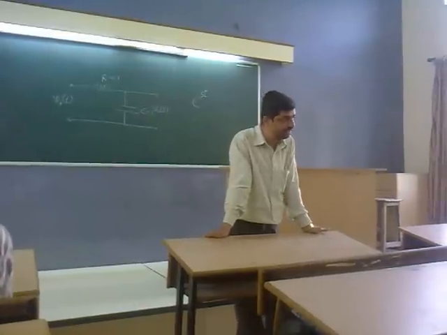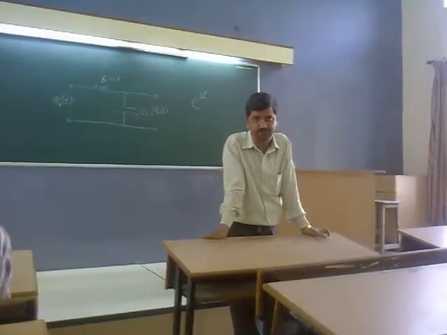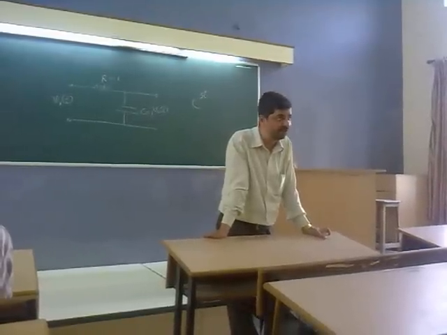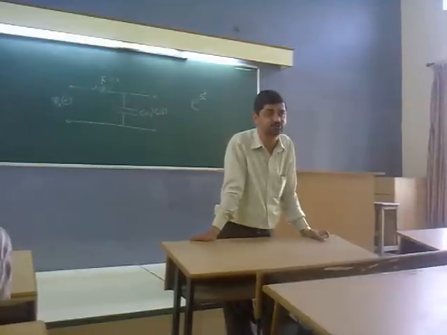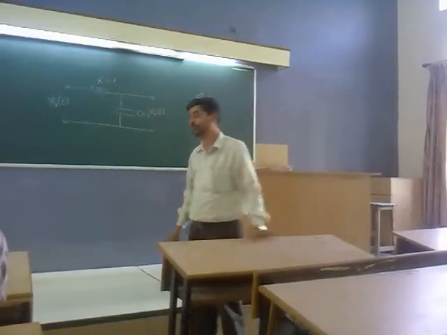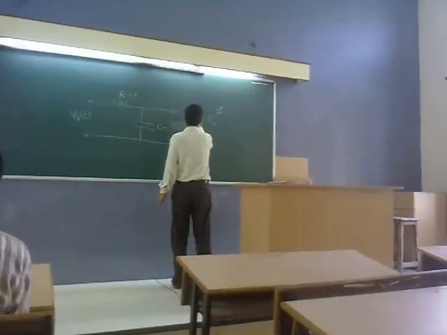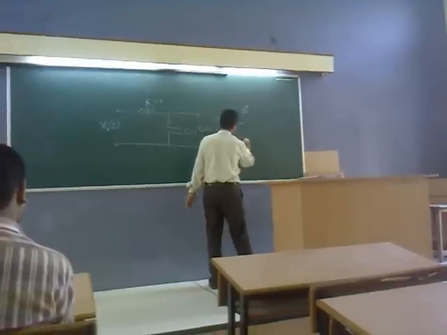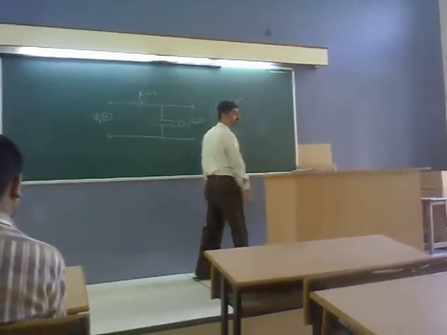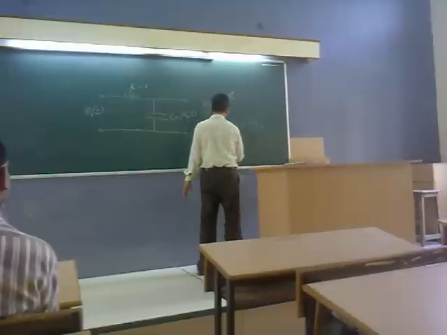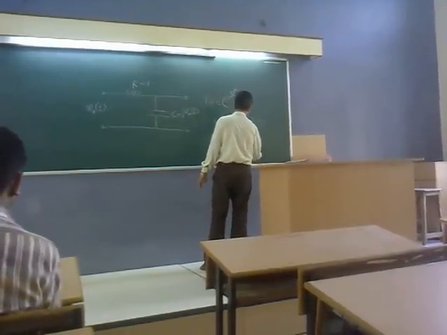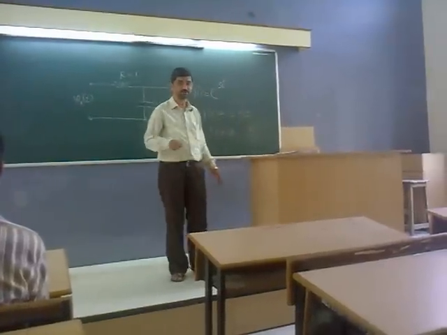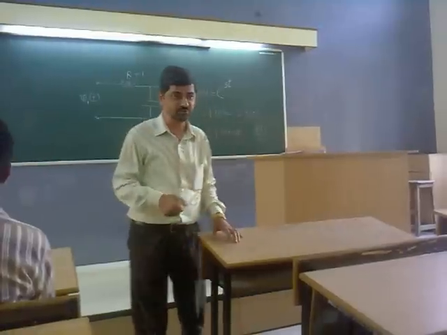Now, with the very popular properties of differentiation of exponential signals, we find that d by dt of e raised to st is equal to s into e raised to st. Therefore, we have a unique function f(t) equal to e raised to st, where f dash t is equal to s into f(t). And the integration of f(t) comes out to be f(t) upon s. So we are exactly reaching our destination.